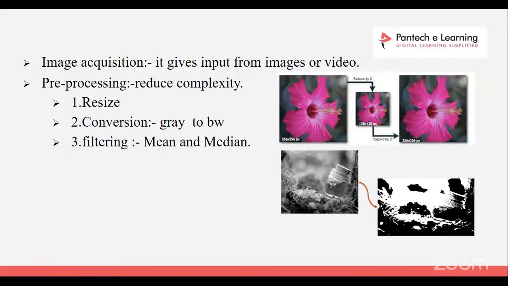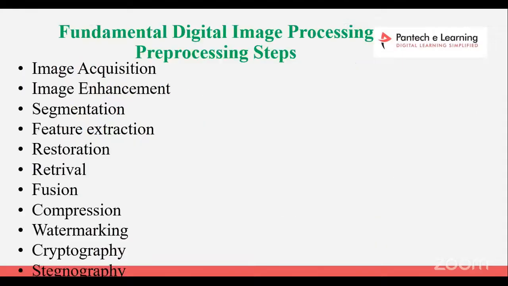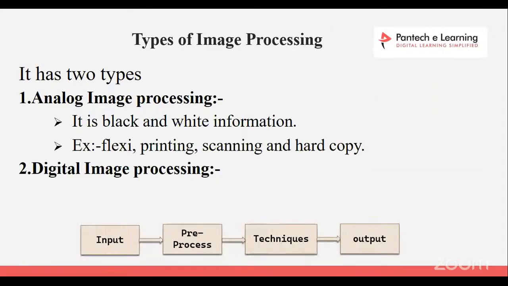Next, the filtering method. Filtering means I need to increase the contrast value and smoothness. We use filtering for that purpose. Okay, these are all pre-processing methods. I give the input images and apply the pre-processing. Next, I go through the image processing techniques. If the project we are doing is about segmentation, you need to apply segmentation. If restoration, you can go through restoration like this. Based on the project, you apply the techniques one by one. There is no need to apply all the techniques in one project.